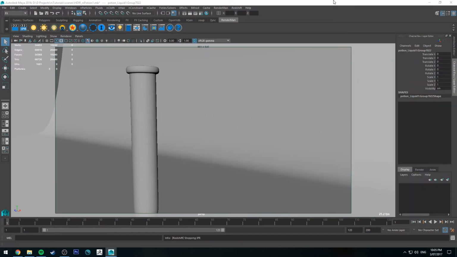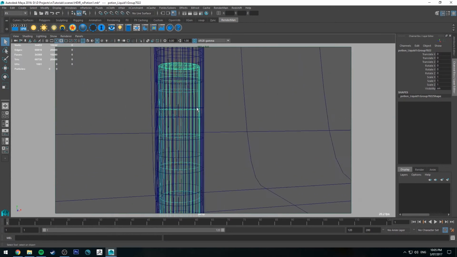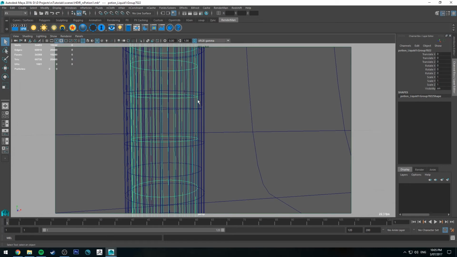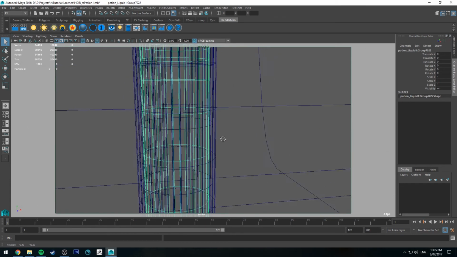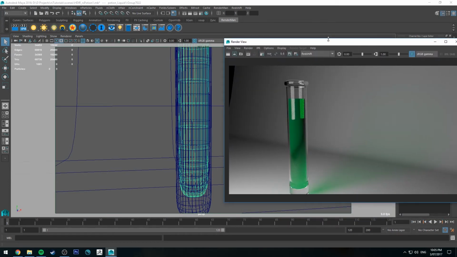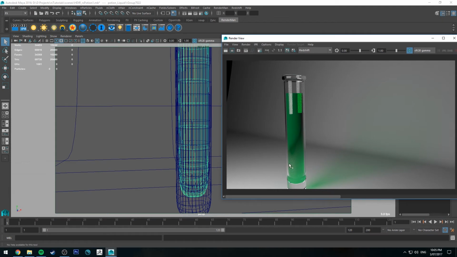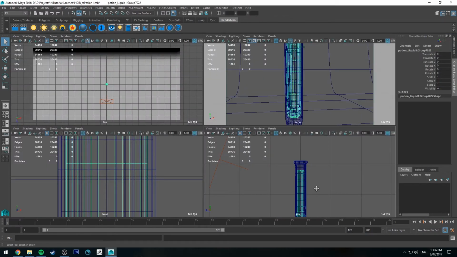So what we want to do is, I'll just turn on a wireframe mode. We want this edge of the liquid to clip the inside edge of the glass just by a fraction, and by doing so it will create a more realistic refraction of the liquid inside the glass. At the moment, I'm going to save this one so you can see the difference. At the moment you can see this edge of the glass, whereas it would actually be reflecting to the outer edge of the glass, and the bottom there looks correct, but it doesn't make sense with the other part. So we'll jump into the side view here,